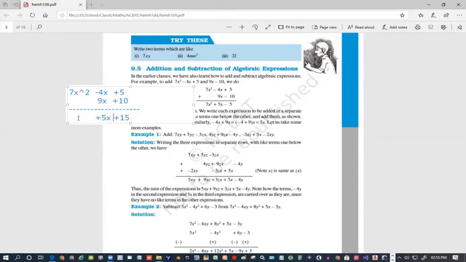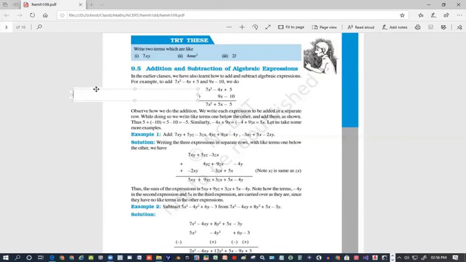And 7x square, 7x to the power 2. Simple addition as we have learned to do addition. In the expression case, you can also do it simply from left to right, because only the like terms are added. If you go from left to right also, it will give the same thing: 7x square, 5x plus 15. So it doesn't make a difference. But did I write the question correctly? No, it is minus 10.